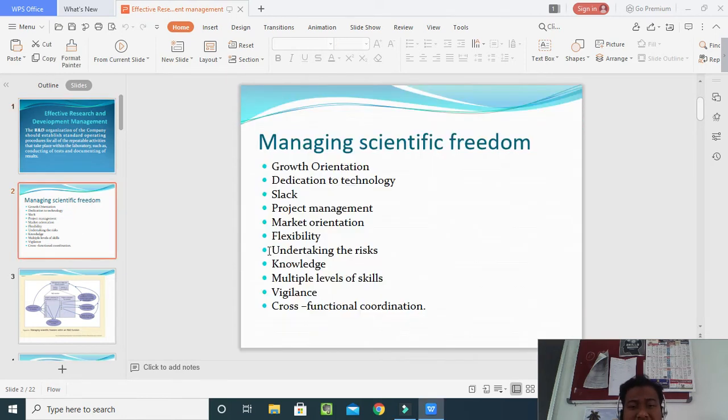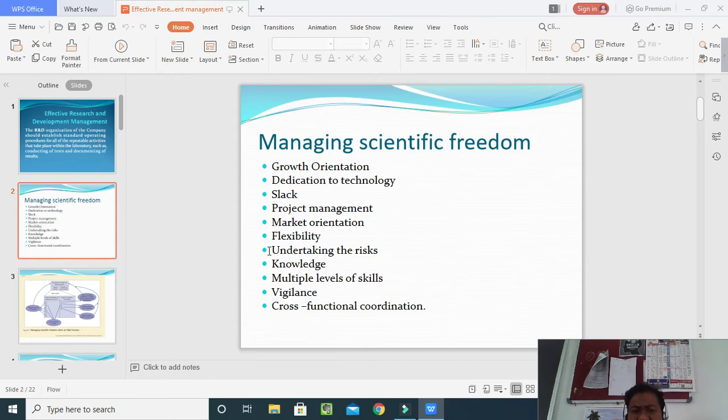Now, next, what are the things essential for managing this scientific freedom? The first one is growth orientation. How the company can grow and how the orientation can take place. Now, everyone should have dedication to technology. Whatever the technology we are using, the company should be very dedicated to it. What forms, norms, or strategies are used for collecting data, getting information about new products or innovation of the product, building strategies, or feedback from the customers or features which are going to be launched. All the things should be dedicated to the technology, then only the freedom will be there